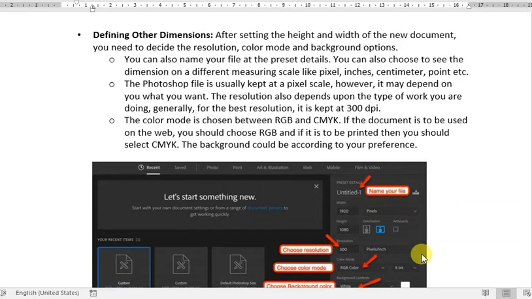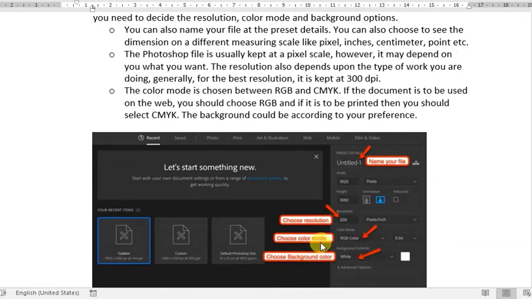And then after you can set color mode. The default color mode is RGB, but you can also use CMYK color mode. RGB stands for red, green, blue, and CMYK stands for cyan, magenta, yellow, and black. It depends on you.